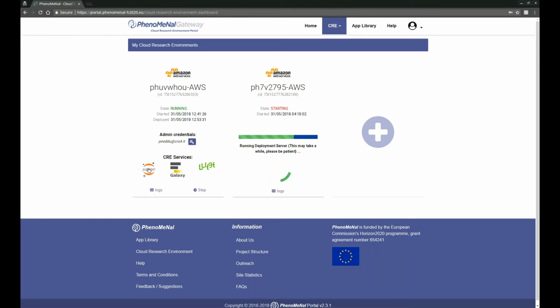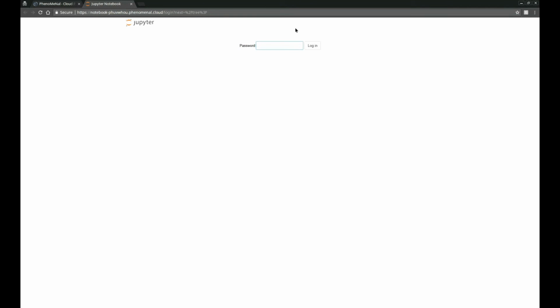Okay, so let's start having a look at Jupyter. I click on Jupyter, it asks me for a password. I can paste it and log in. Okay, so here we have our own fully operational Jupyter instance running on the computers that are located in Amazon's data center. Now, if we go back to the portal,